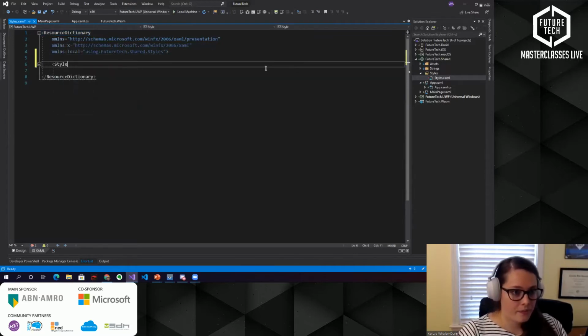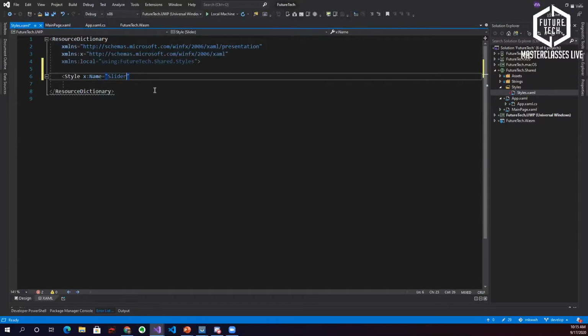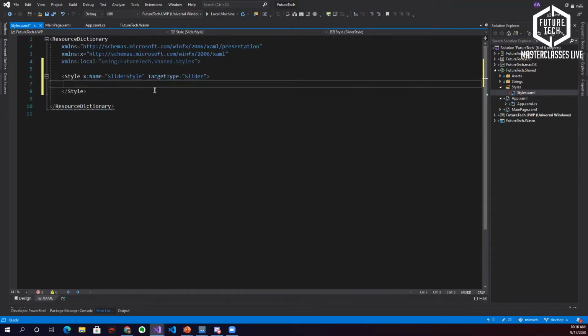So new style, we're going to give it a name of slider style. That's what we're going to be styling right now. And then we need a target type. Our target is a slider control, so we just add slider. All right.